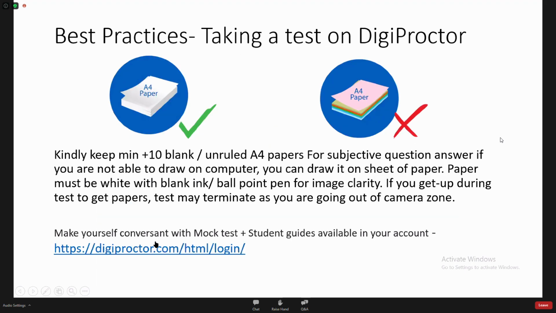One best practice that you have to ensure whenever you are taking a test is please have 2 to 3 dozens of white A4 papers ready with you beforehand. In case during the test you want to go to get those papers, you will be away and you might get alerts and your trust scores will be going down. So please have them ready beforehand in the test area itself. Ensure to have white background papers only so that clear images can be captured from your mobile devices and associated with the same.